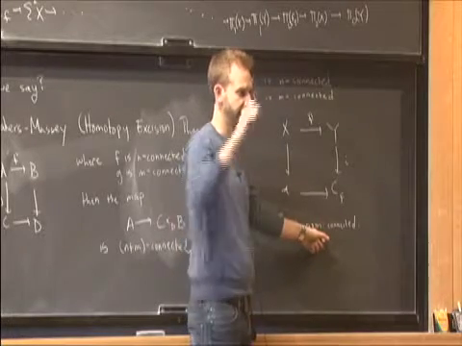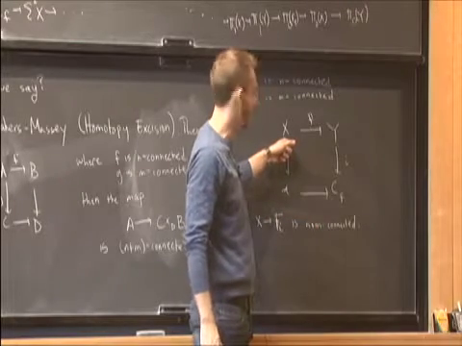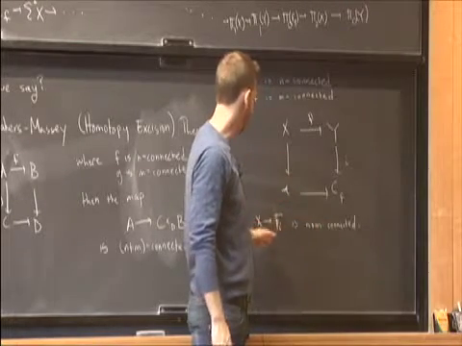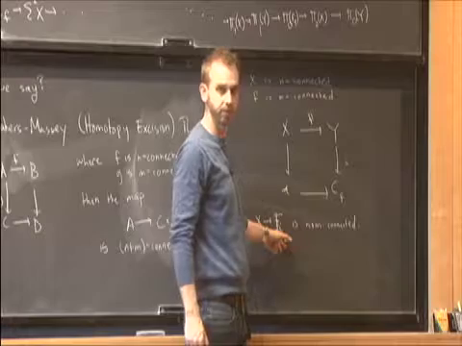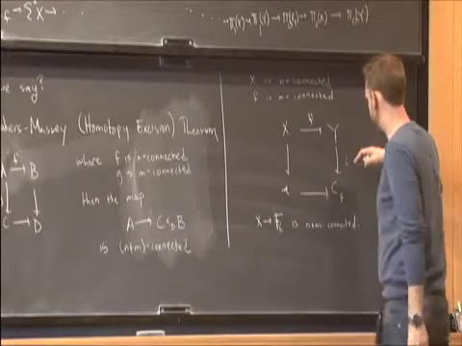That's one way to say it. It is surjective in degree n plus 1, but that's not going to matter. In particular, since X is n connected, that means at least the first n homotopy groups of this fiber are 0. But if that's true,